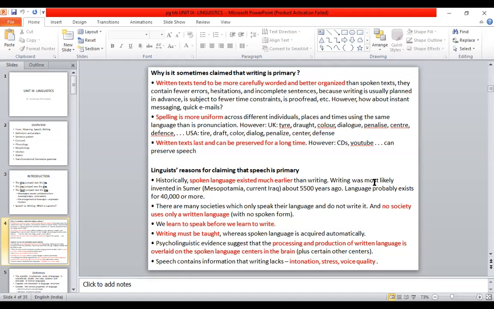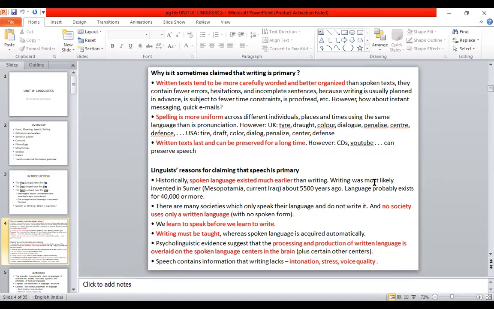So this is why writing is considered primary, but why do linguists say that speech is primary? They say that spoken language existed much earlier than writing. When we talked of how language originated, we never spoke of people writing and communicating. We only spoke of the bow-wow theory, the pooh-pooh theory, where it was just oral communication, right? So spoken language existed much earlier. And it was somewhere around 5,500 years ago, very likely, that we have a written form